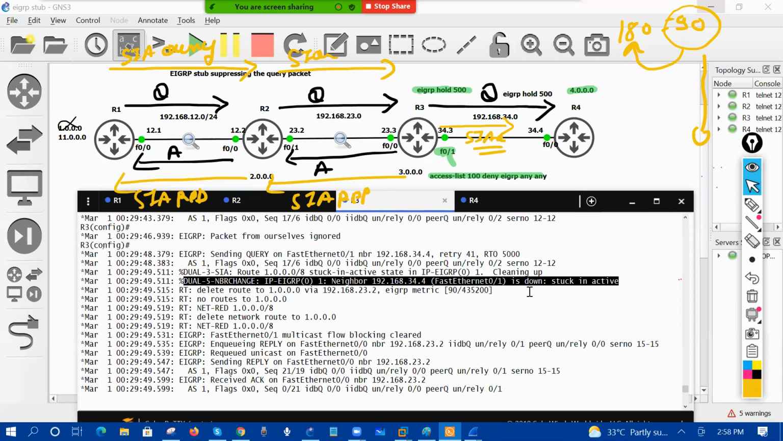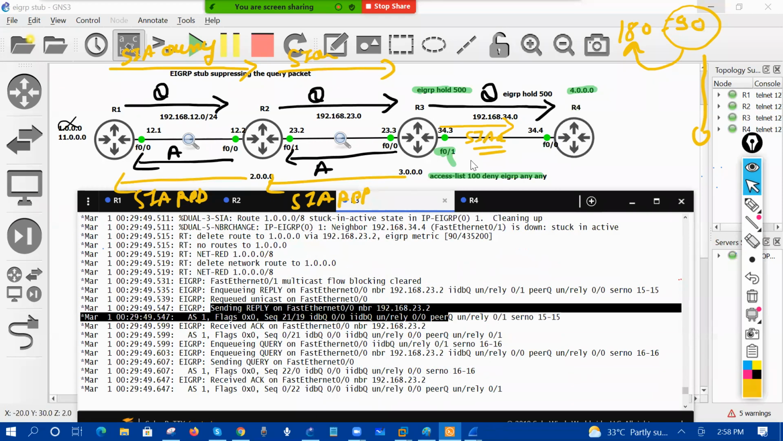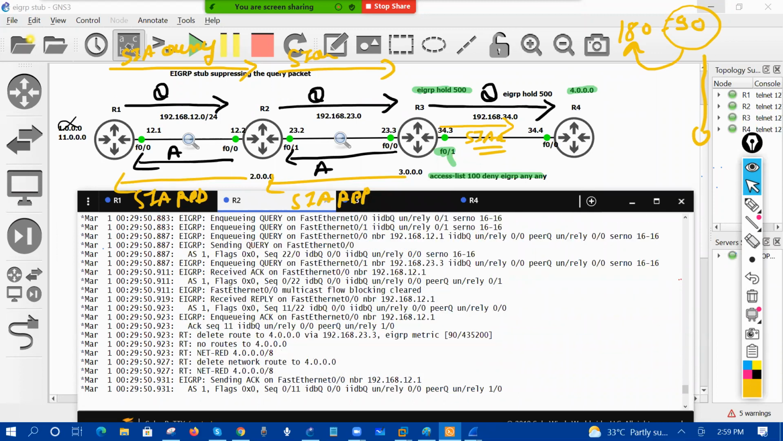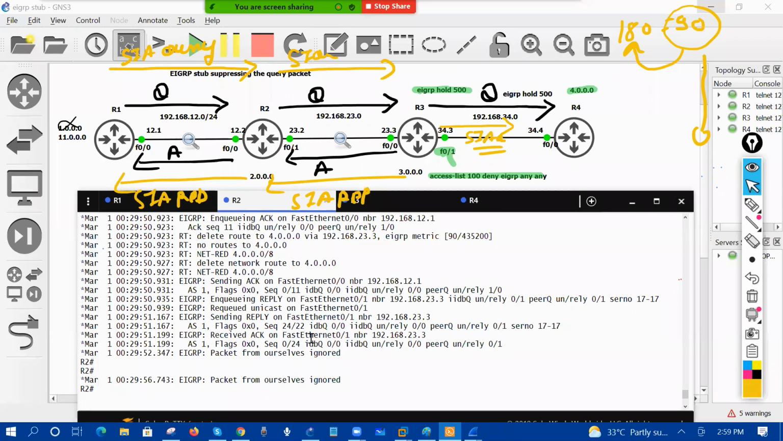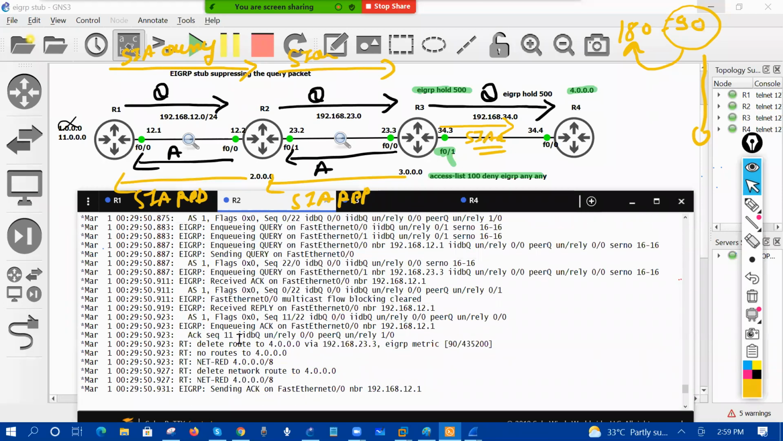And now after that, what happened? R3 is giving its own reply: "Hey, I didn't receive the reply from the neighbor, so I will give you my own reply." And like a query, it receives a reply from the